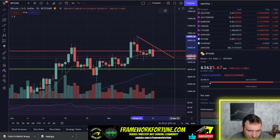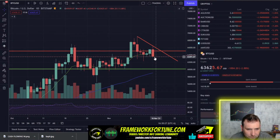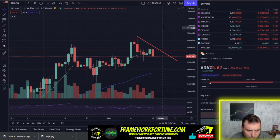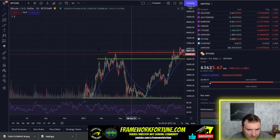So now we have this downtrend. So if it can't hold there, of course, it'll come back to 60. This could just be a little sideways movement up under the 65 area before it breaks. Hard to say right now, but